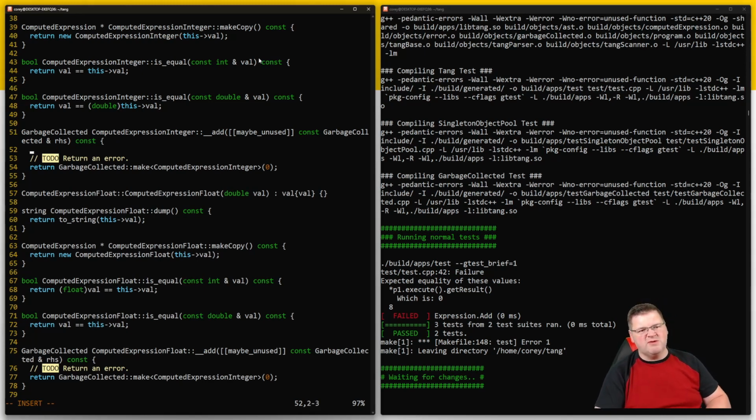We're in the computed expression add. And what we're going to say is the right-hand side, so if the type ID of